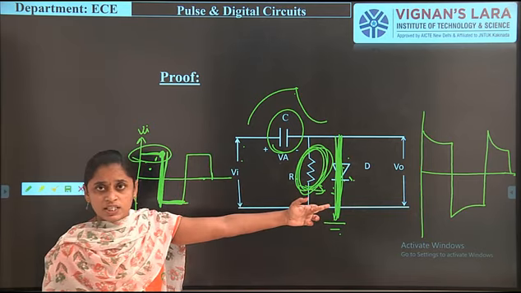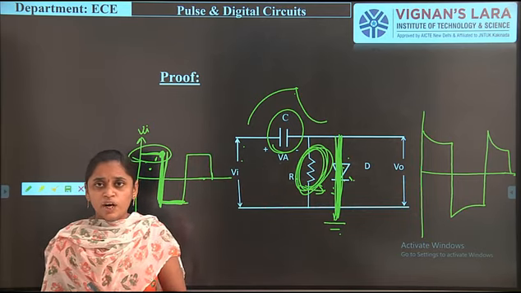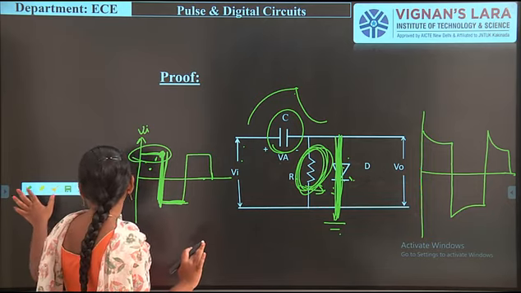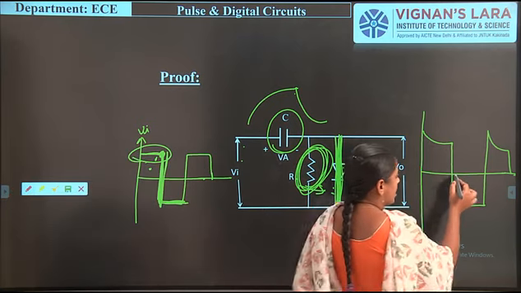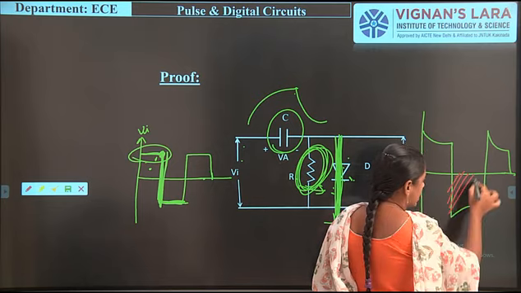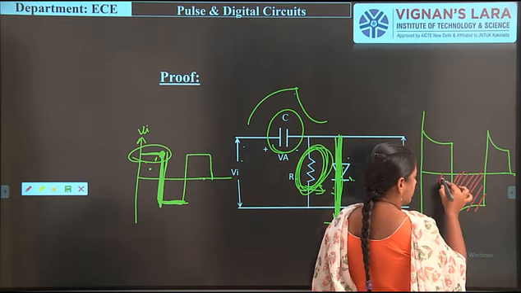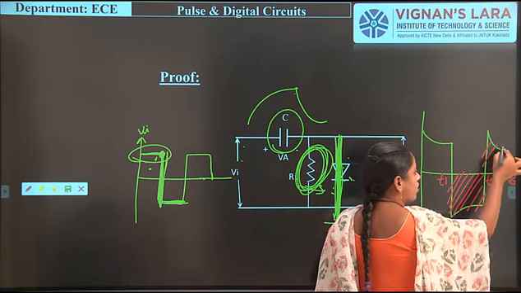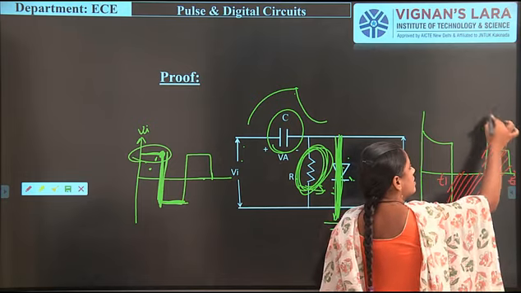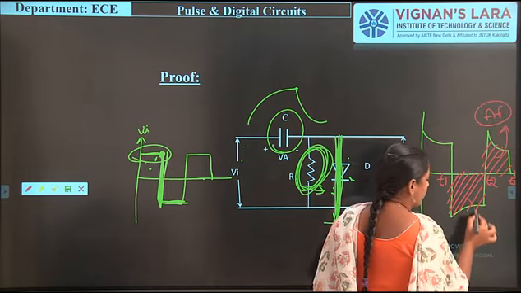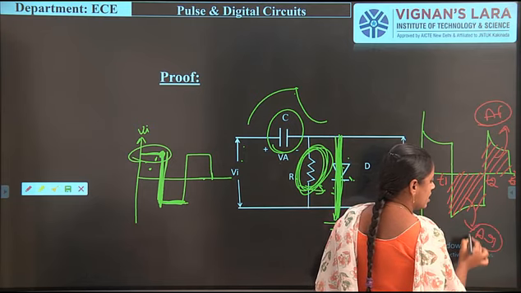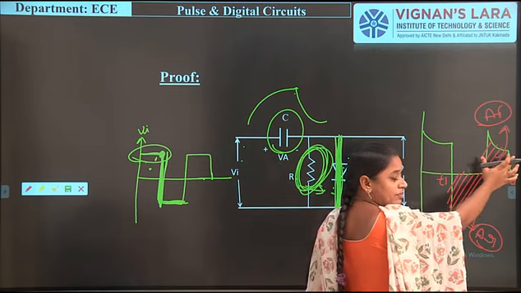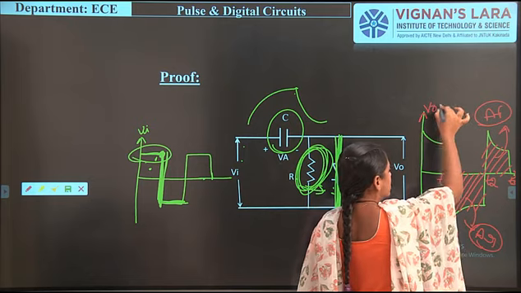Please concentrate on this waveform. We have to observe what the forward area is and what the reverse area is. This one is the reverse area, because only in this time the diode is in reverse bias. From this, I take T1 and T2, and this one is T3. This direction is known as the forward area, AF. In the output waveform, this is known as AR, the reverse area. Up to this time the diode is in reverse bias, and up to this time the diode is in forward bias. This is the output wave.